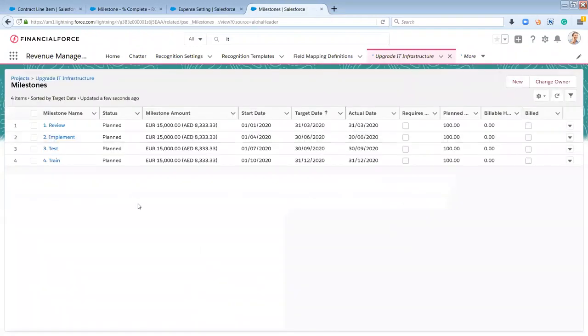The milestones have been set up with the amounts, with the dates, and obviously the recognition template has also been defined there. Now, the project manager would be responsible after regular review to update the percentage of the milestones achieved. So if you look at one of these milestones,